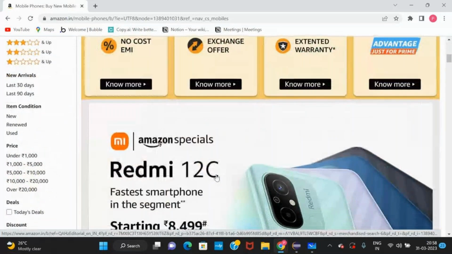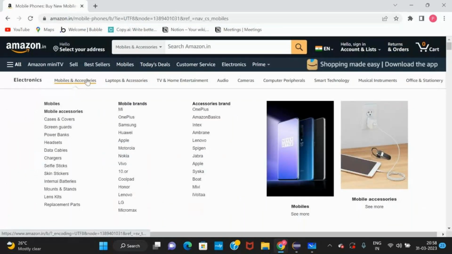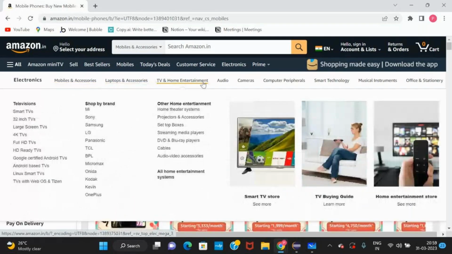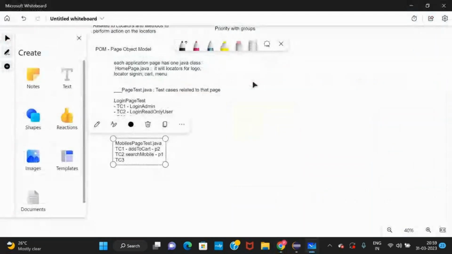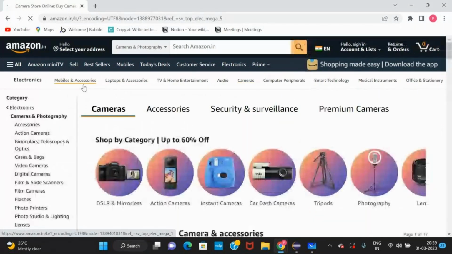You have many options here on the mobiles page. We have mobiles and accessories, laptops and accessories, then TV, home entertainment, audio, cameras. You can write test cases related to all the features. So now you will say that in the mobile page there are so many pages, then how to manage?